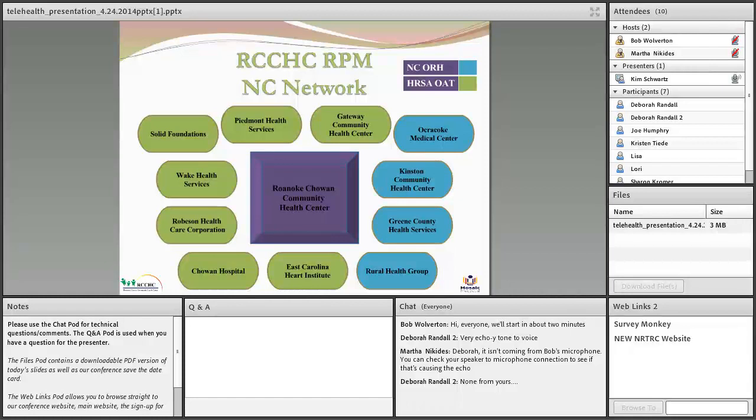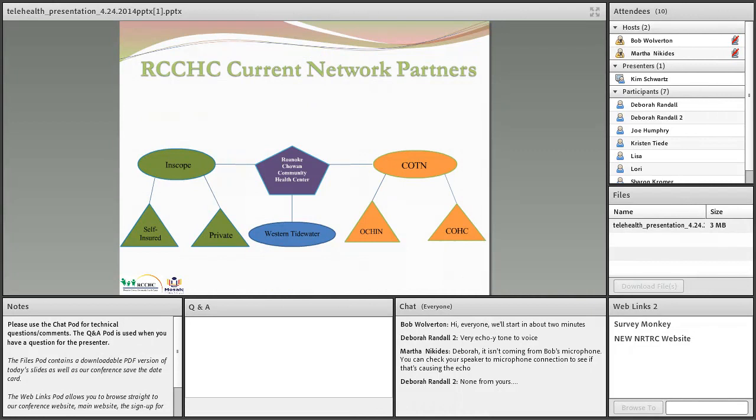The program existed for 5 years, and then the administration changed. The majority House and Senate and the governorship changed after over 130 years, Democratic to Republican, and they just did not refund the project. So we're in the process of reevaluating this on our state's level, and I'm really optimistic they're going to be able to come up with a solution. Our current network partners are what Bob was referencing, and that is this next slide.